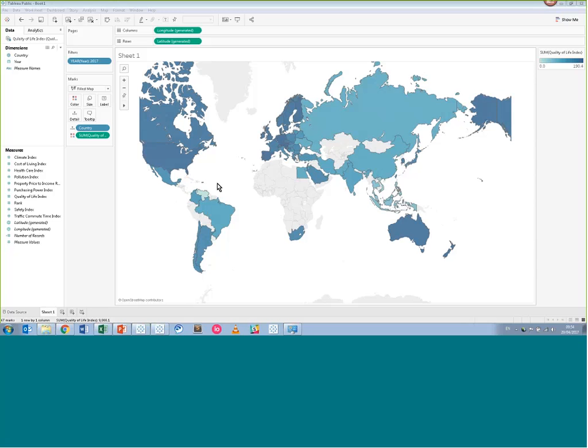So I want to change the colors used in this visualization to really highlight the contrast between the countries with a lower quality of life index and countries with a higher quality of life index. I'm going to do that by changing the colors. Now, anything we see on this canvas, we can change its appearance by changing things within the marks card. The marks card, which is in this middle column over on the left-hand side, is where you can control the appearance of your